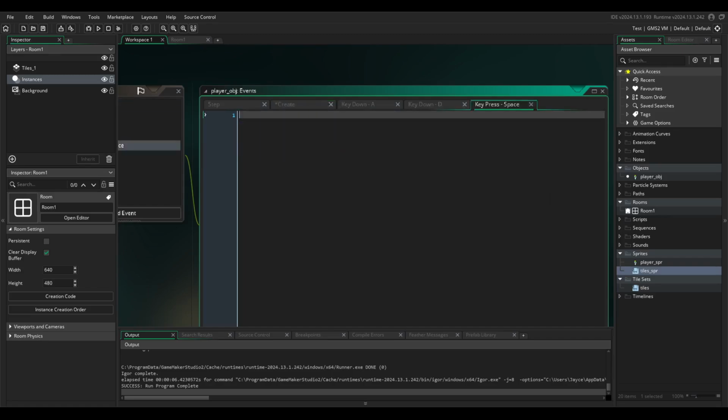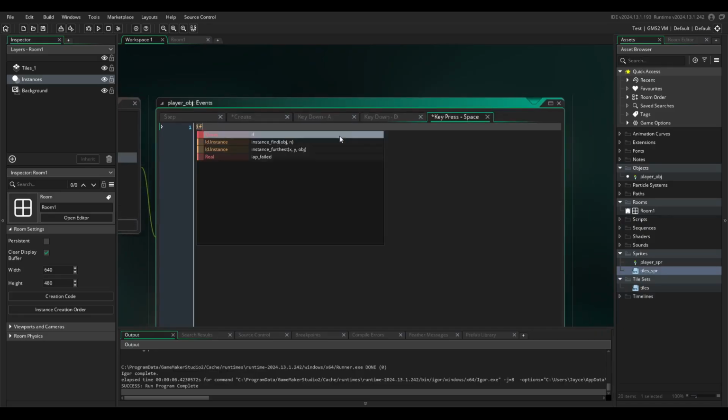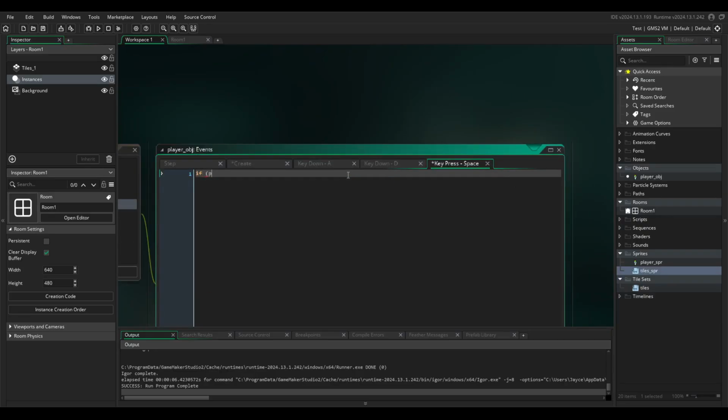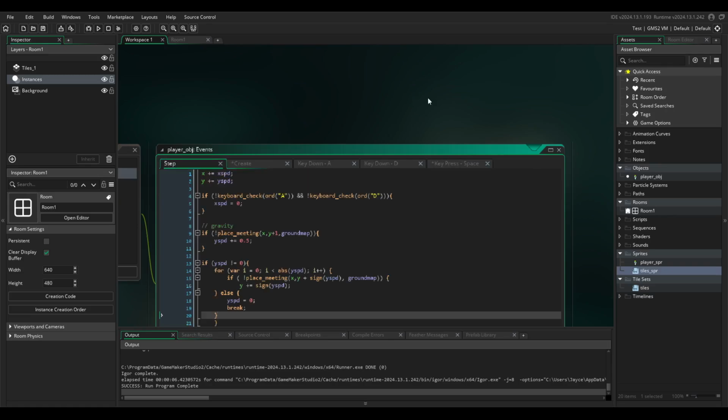So anyways, we're going to go into our space event here, and we're going to go the age-old if place meeting x, y plus 1 with our ground map. I'm going to set jump to true. So basically, if we press space and we are on the ground, we are going to jump. Now in our step function,